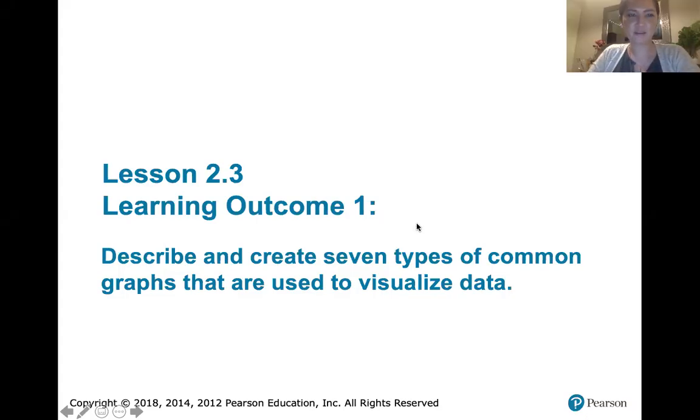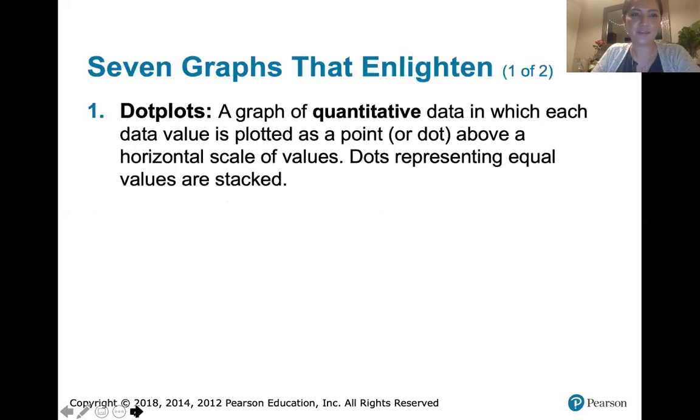This video is about learning outcome number 1, which is all about describing and creating 7 types of common graphs that are used to visualize data. So the first type is a dot plot. A dot plot is a graph of quantitative data in which each data value is plotted as a point or